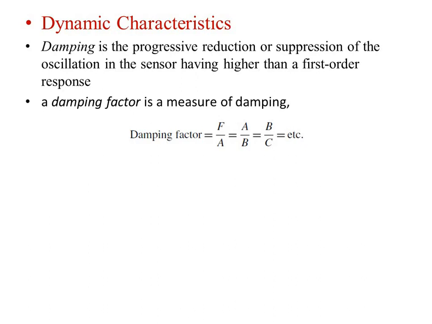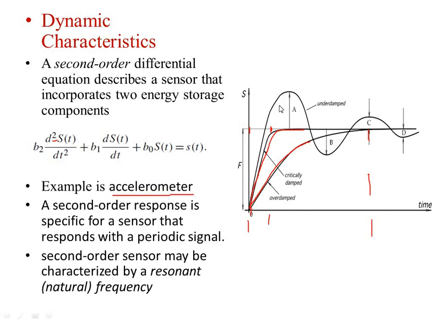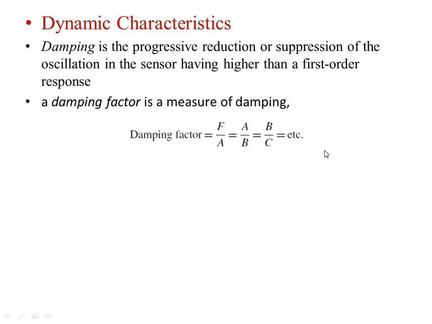So how are we going to measure the dynamic characteristics? It will be measured with the help of the damping factor, and that damping factor will be given by the ratio of A upon B. So what is A upon B? You can see that this is A, this is measured as A and divided by B. So you will get this equation, or B upon C, and so on. You can calculate it. So that will give you the damping factor, and that damping factor will tell you about the dynamic characteristics of the sensor. So this is how we have studied all the parameters related to